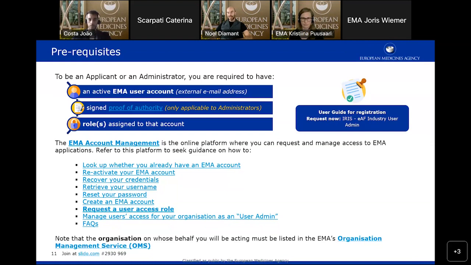And as this is a pure online system and everybody is required to request a role, it is more than it was with a PDF. A PDF in this case was a little bit simpler. You could just send it to anybody who wants to. We have more features now than this PDF, but it also needs you to be online, meaning everybody needs to be registered, everybody needs a role. So the feedback that we got from industry colleagues was that if you're working for multiple organizations, this might be an administrative burden.